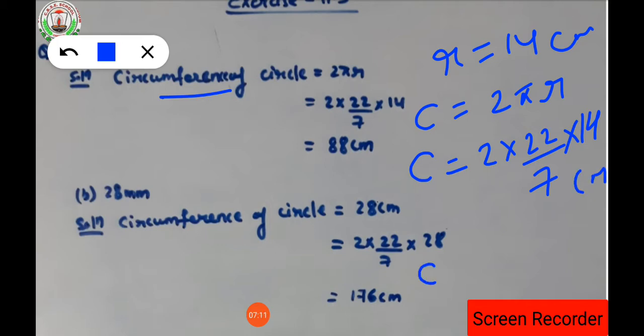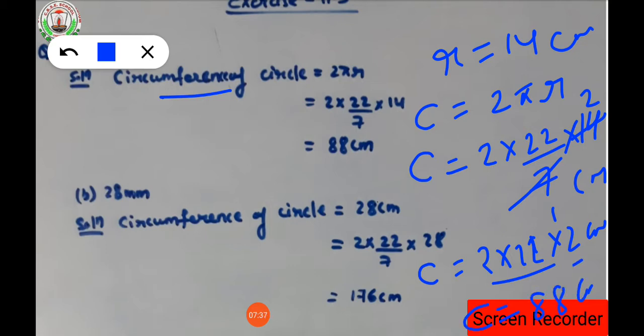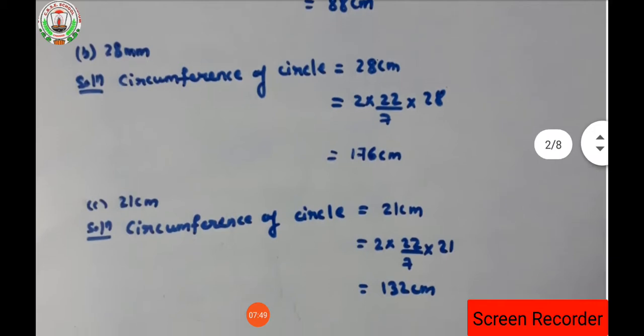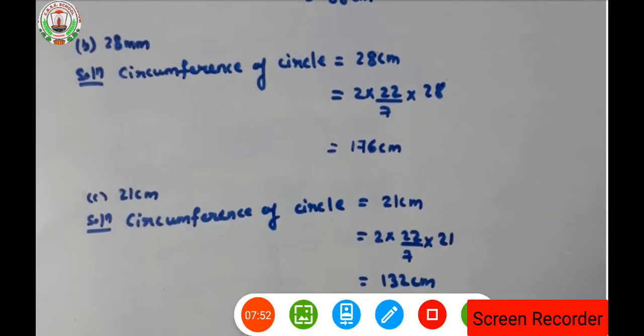Clear everyone? So circumference of a circle is equal to, this 7 will get cancelled one time, and 14 also gets cancelled in the table of 7, as 7 1s are 7 and 7 2s are 14, isn't it? So 2 into 22 into 2 is left out, into centimeter. 2 into 22 is how much? That is 44. 44 into 2 is 88 centimeter. Clear everyone how we get 88 centimeter? We substituted the values of pi and r and calculated, then we get the value as 88 centimeter.